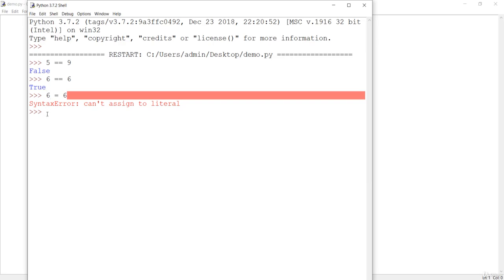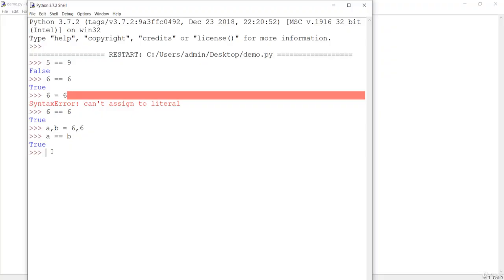So if you want to check whether 6 is equal to 6, it should be 6 == 6. If I say A and B are 6 and 6, and I check A is equal to B, it is giving us true, because we have a multiple assignment of 6 and 6 to A and B, and we are checking this condition, which is obviously true.